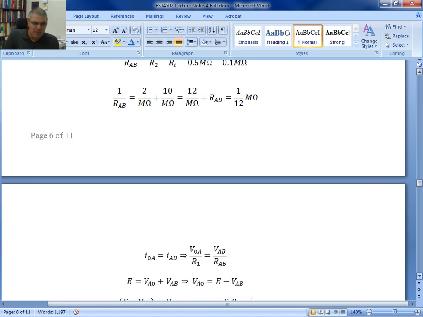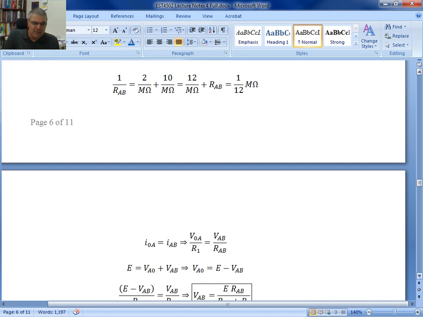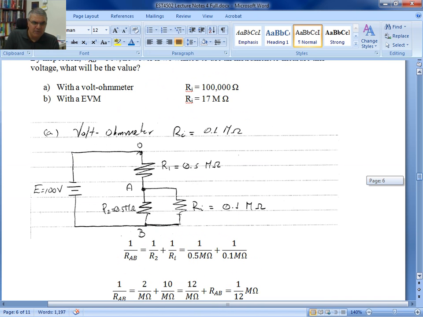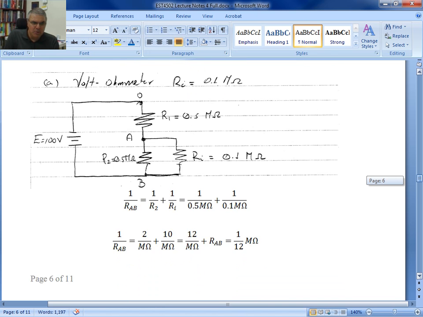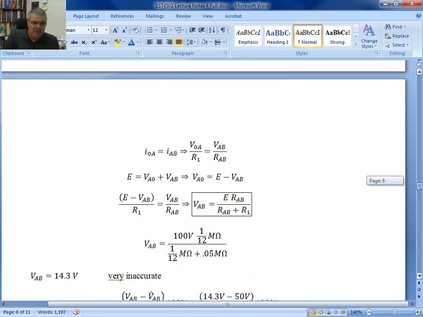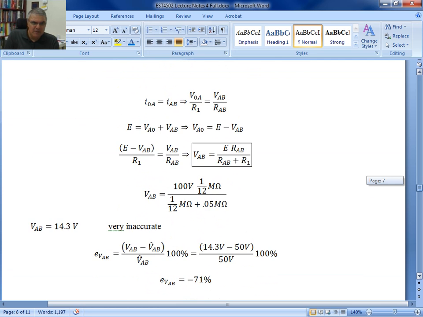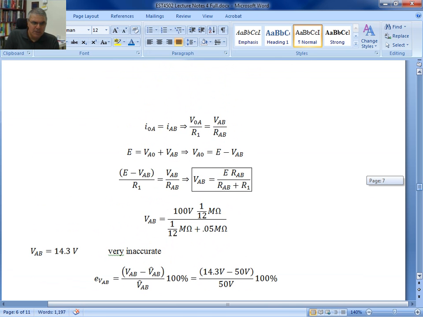Okay, knowing R sub AB and the relations I between O and A and I between A and B. Again, if you look at this point, I between point O and A and B, it's the same. So using that equation, then we could easily plug in the numbers and come up with this equation